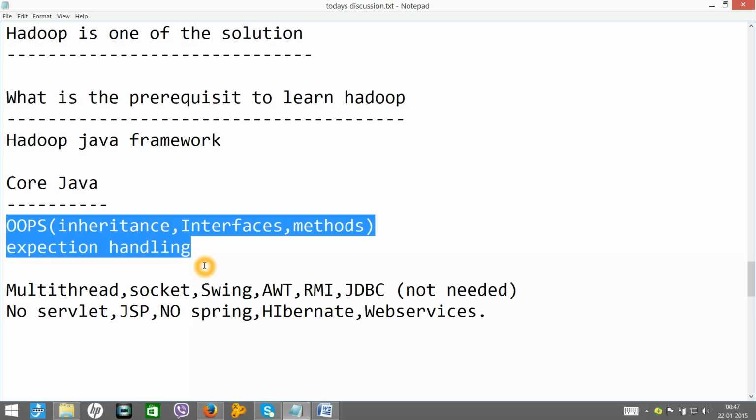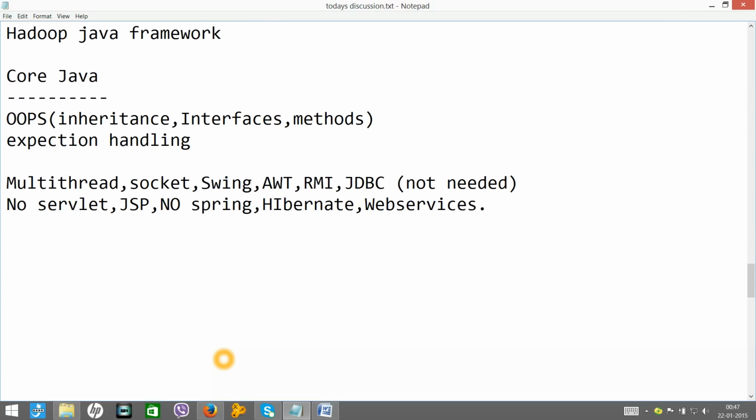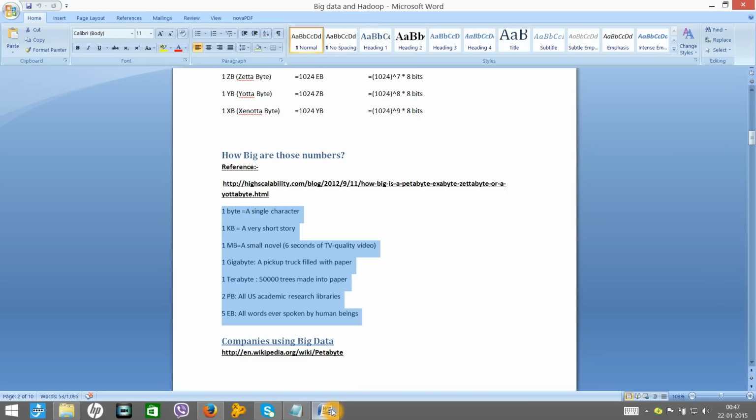Now let's talk about the data again. How big is this data? I'll go through my example notes here. 1 bit means 0 and 1.